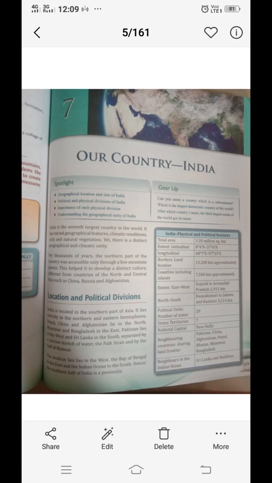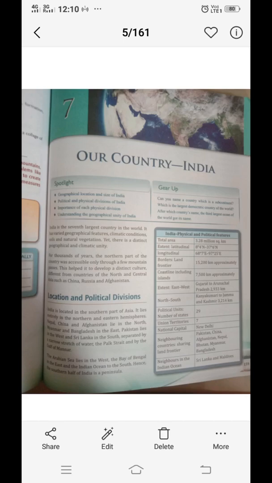For thousands of years there was no road. The only accessibility was by a few passes through the mountain, from where anyone can go or come for trade. So as there was a boundary by the Himalayan mountain, the northern part of India grew its own culture. It is not the same as the other neighboring countries from the north like China, Russia or Afghanistan.